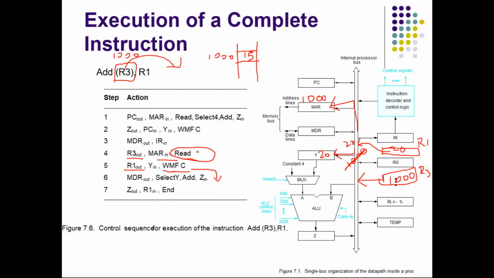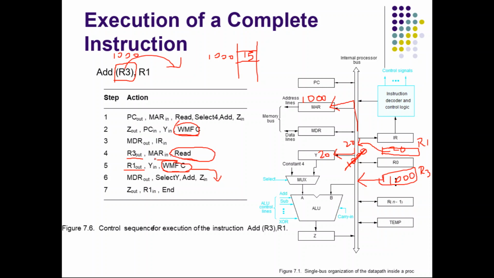Okay, right? Previously here also we gave wait, because we want to move that instruction to IR. As long as the instruction is not available, you cannot move, so you have to wait. Similarly here also, as long as the first operand is not available, you cannot add, so we are waiting, right? So if the first operand is available, then proceed, otherwise wait. So anyway, after some time it will be available. So once it is available, what we are doing,